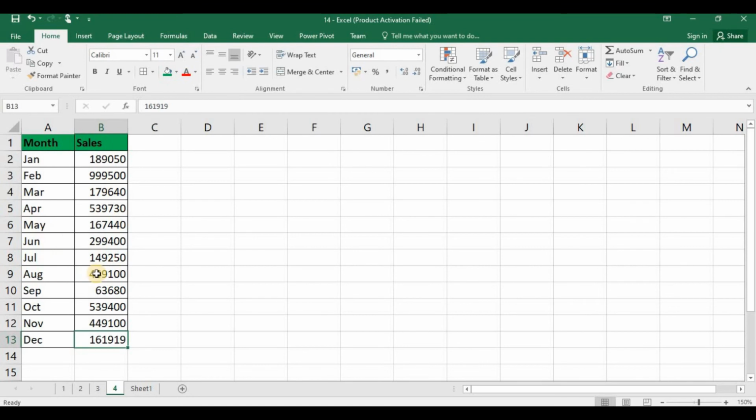Here I have yearly sales revenue for 1 year. I want to calculate the yearly average for this data. How can you do that? We have a function called average. Go to the last cell. Here enter the function name average. Start round braces. Select the range. Close the round braces. Then press enter. See, here the average of this column data has been calculated.